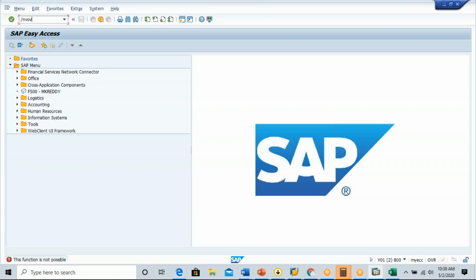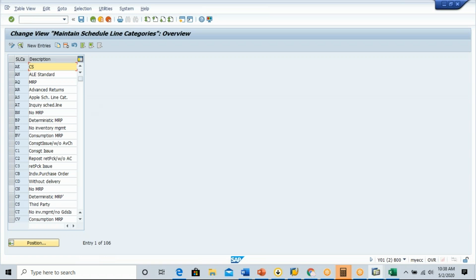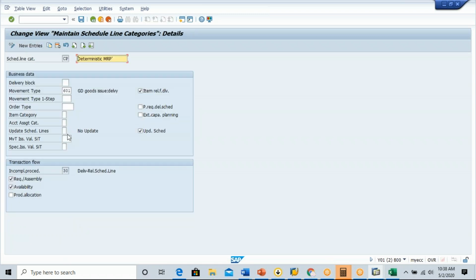Venkat, doesn't the schedule line always do an availability check? No, it depends. Sometimes we may not need it. Okay, let me show you. So this is CP, right? If you go and see, what is there? Transfer the requirements. So you are asking the system to perform the availability check and confirm